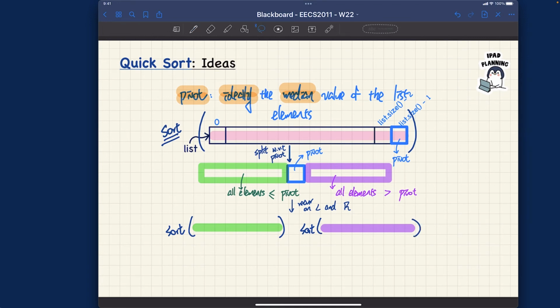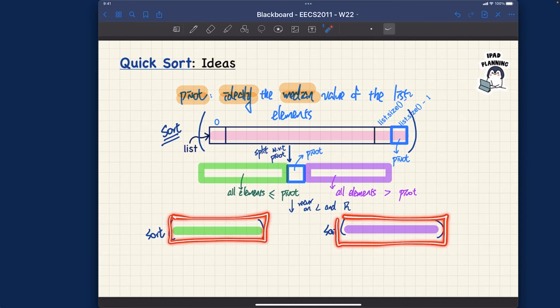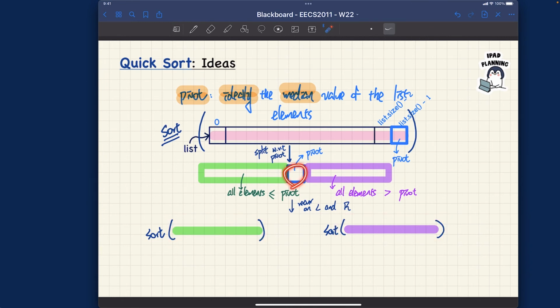Right, so here's my question for you. If you recall what we said about the merge sort, once you have recursively sorted the left half and the right half, in the case of the merge sort, you still have to merge them. And the merge routine is actually a more expensive routine, which will take linear time. But in this case, given that we have recursively sorted this list and also recursively sorted this list, if we want to combine these two lists together with the pivot that we have chosen, how much time should it really cost? It turns out it's only constant,